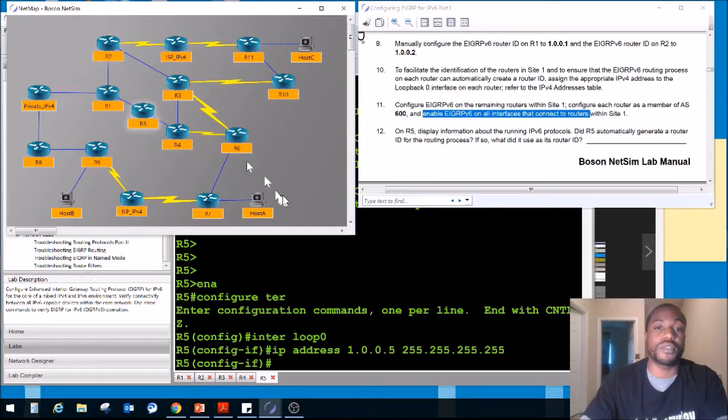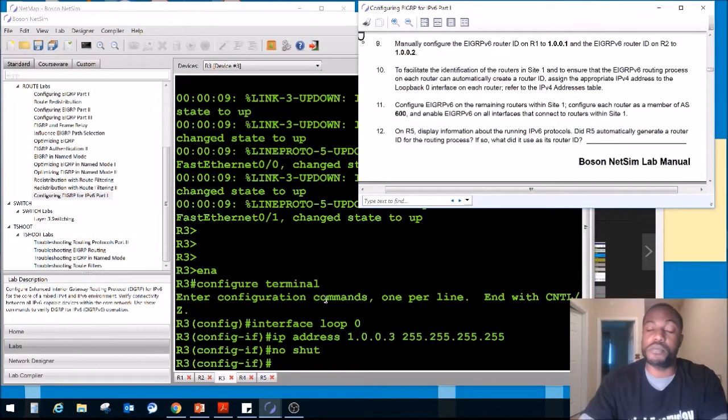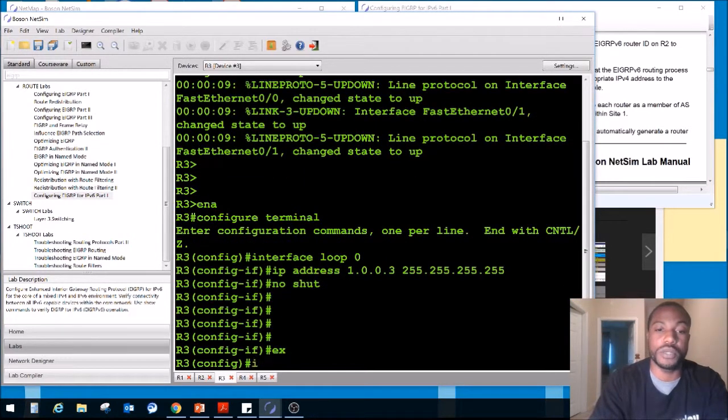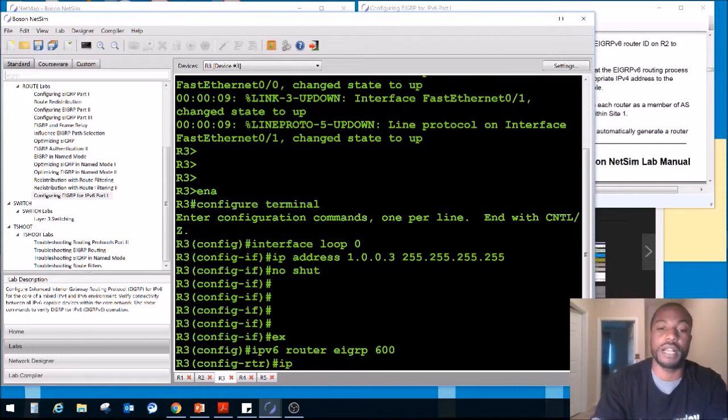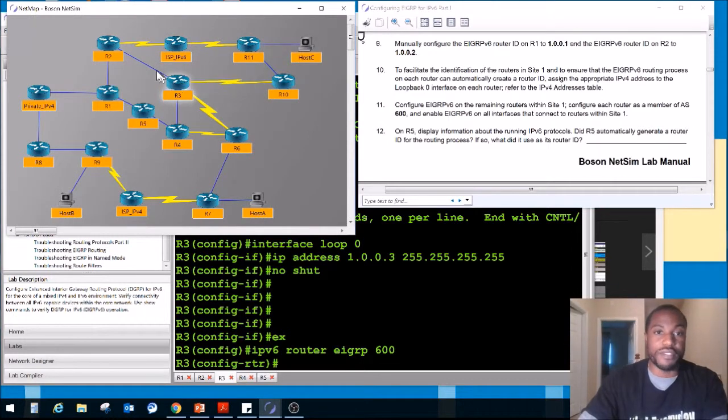So we're going to go to router 3 right here, and we are going to basically turn on EIGRP version 6. Let's get out of this and go to IPv6 router EIGRP 600. He says here we need to enable it on a router. So now we're on router 3. We have 2. We need to do it on this interface and that interface from router 3, right? So this is router 3. Enable EIGRP for